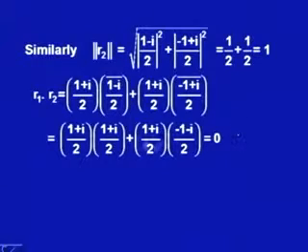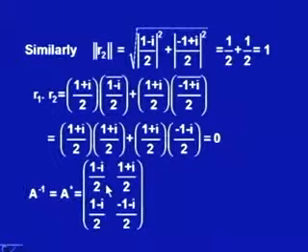So, what we have is two rows R1 and R2, their dot product is 0 and their magnitude is equal to 1, and that means the matrix which is given to us has row vectors which are orthonormal. They are normal because of this, they are orthogonal because of the zero dot product, and together they are orthonormal. So, in this way we say that A star is equal to A inverse, it is a unitary matrix.